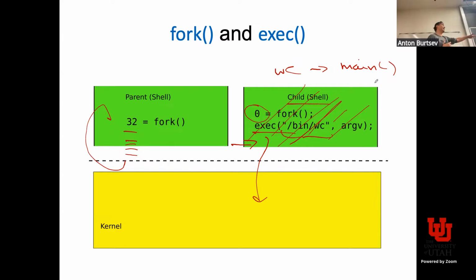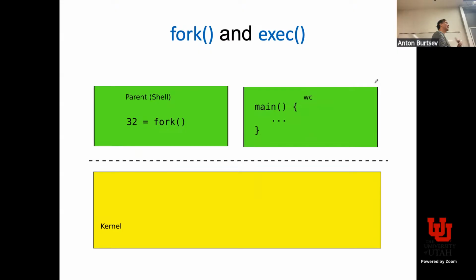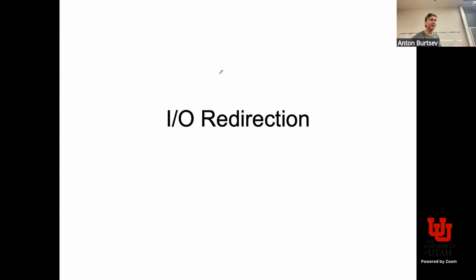But at least we know how it works, and it seems to work. Why not? You say, I will fork, I will exec, and then this thing will turn into WC and will run the main function of WC. So the end result is that you had a shell and you created WC here. Makes sense? But again, why go to all this trouble of first creating a clone of the shell in the middle and then creating WC? It's debatable whether it's a good design choice, but for them it worked and they wanted it this way. The reason they wanted it is that they wanted to support IO redirection.